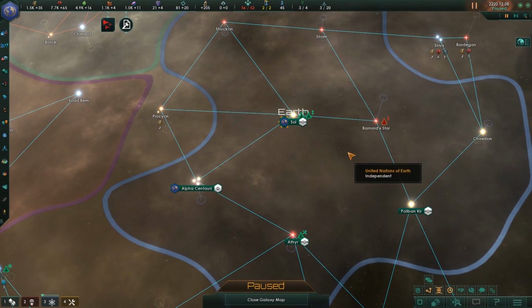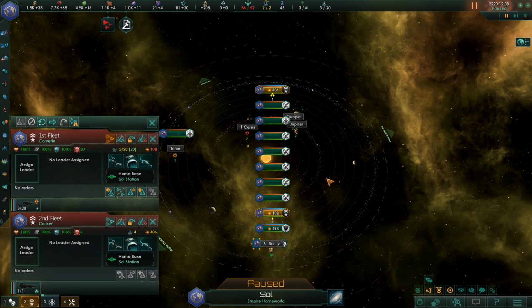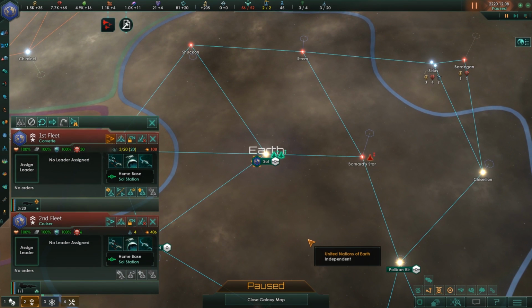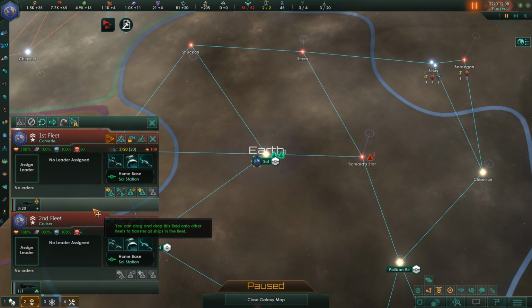So what do we do with these guys? Well, we can go ahead and slap them down from whence they came, and that's exactly what we're going to be doing. This is the very first combat that we've had in this series. So first of all, our fleets look a little bit barren. They are not particularly powerful,